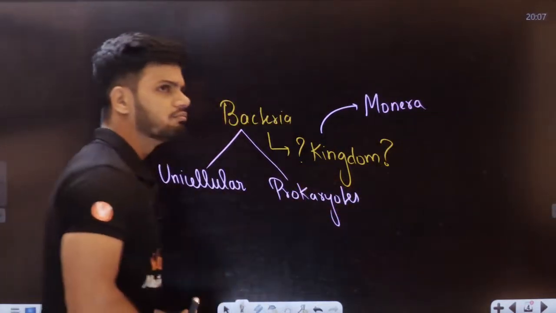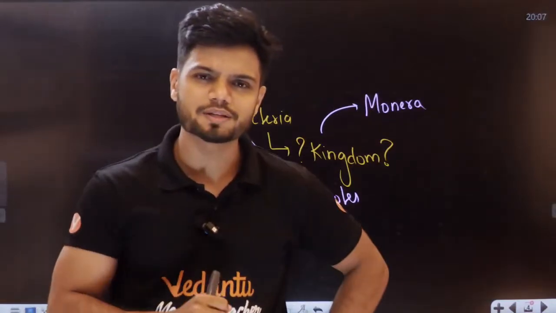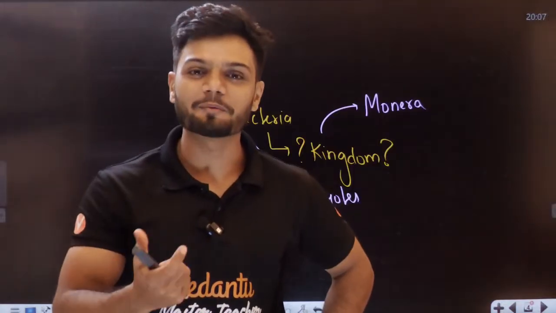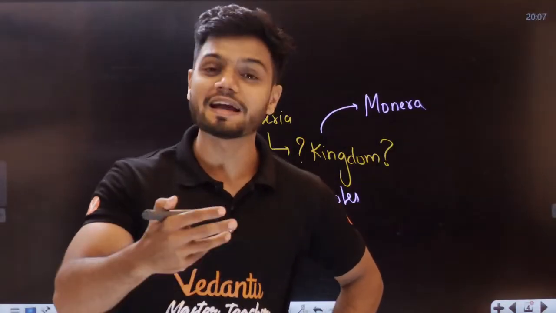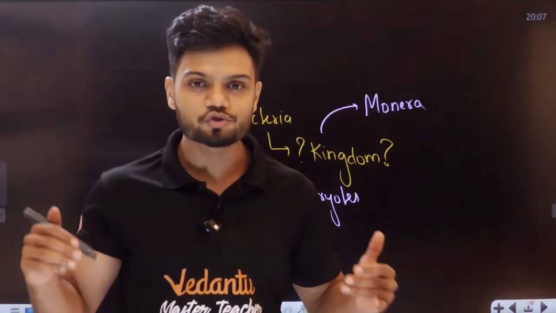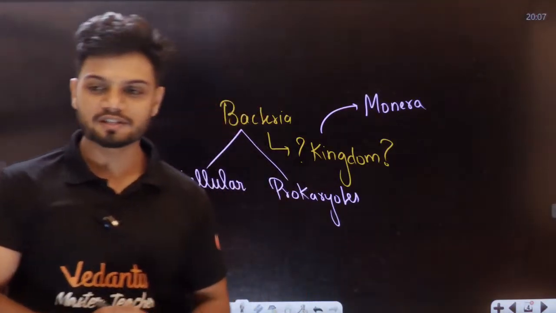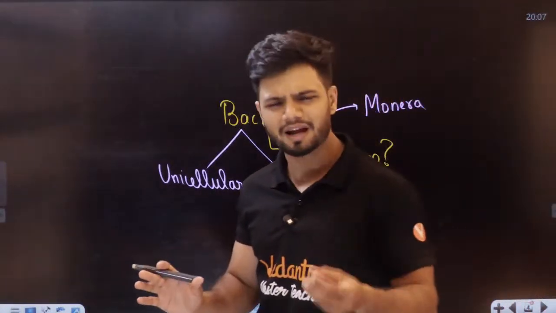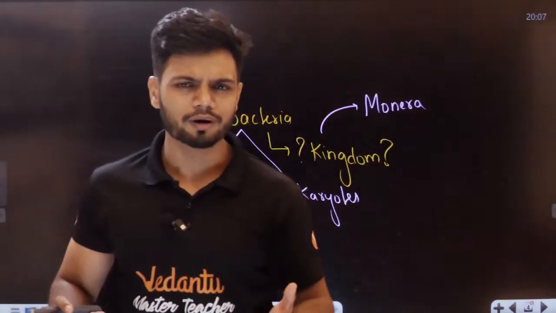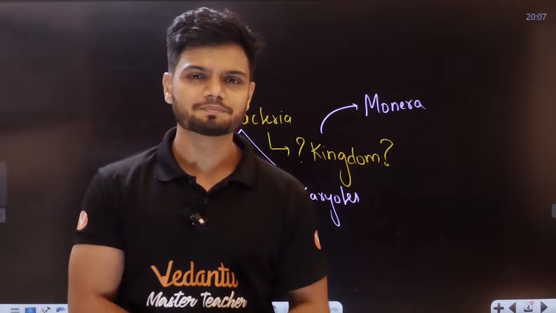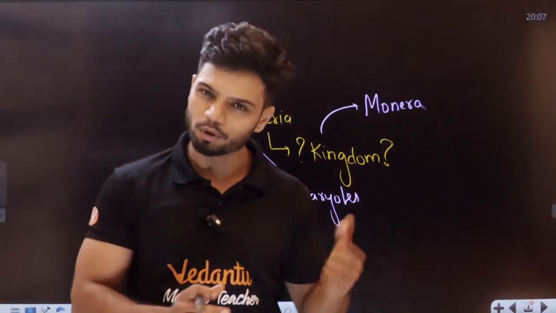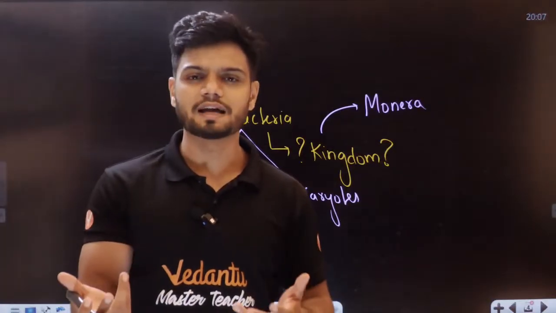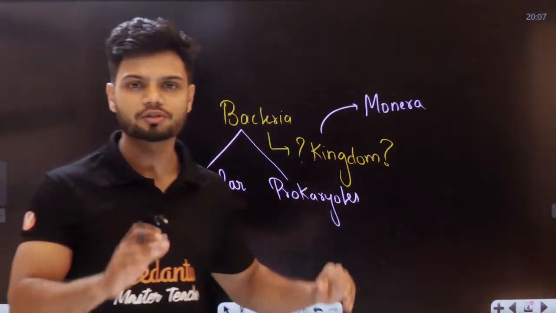Okay. Now, there is one more famous example, students, which has fake legs. It has something called pseudopodia. Students, which celebrity am I talking about? The celebrity which has been in your syllabus for a very long time. That is your amoeba. So amoeba is also a microbe. Amoeba belongs to which kingdom? Monera only? No. Amoeba belongs to kingdom Protista. There we have unicellular eukaryotes. All of you know that.